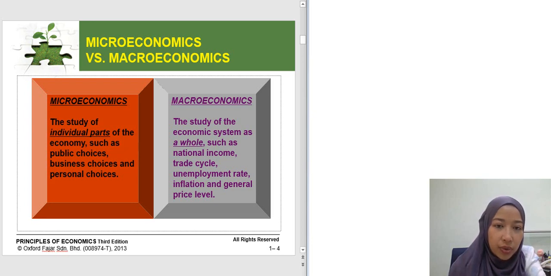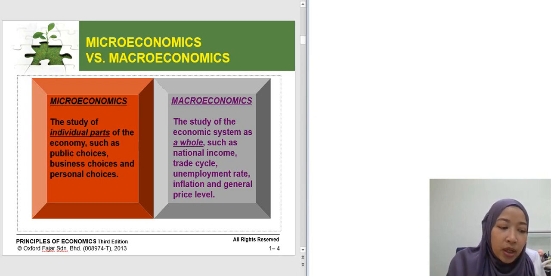Okay, now let's continue with the next part, which is on the differences between microeconomics as well as macroeconomics. Right now I am going to differentiate these two terms in general. What you are going to find in microeconomics is basically the individual units or the individual parts of the economy. So we are focusing on how the individual units, or the small units, behave in the